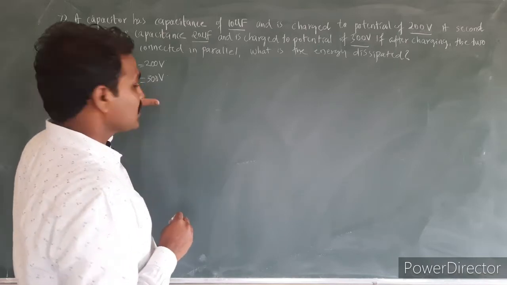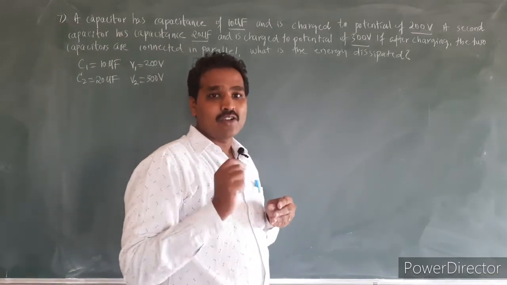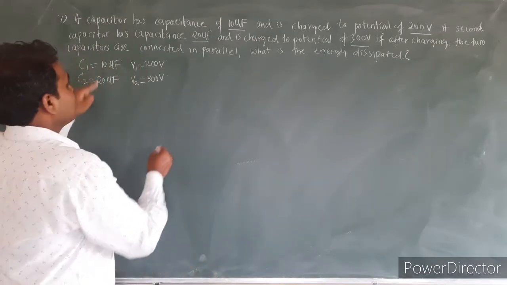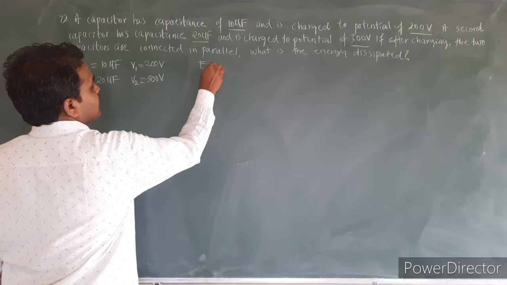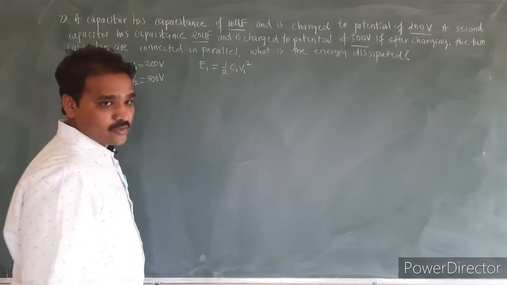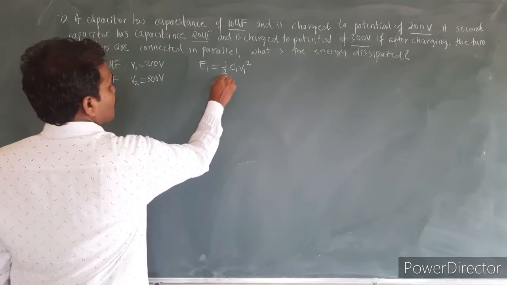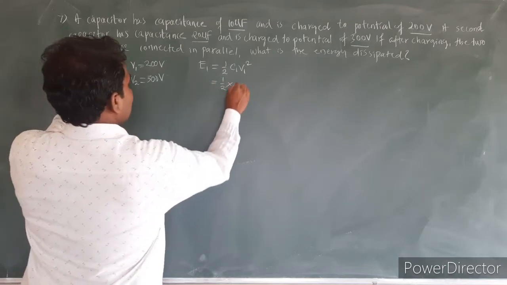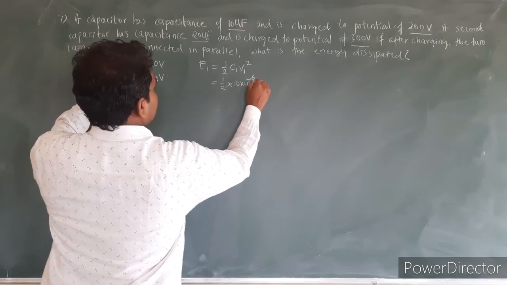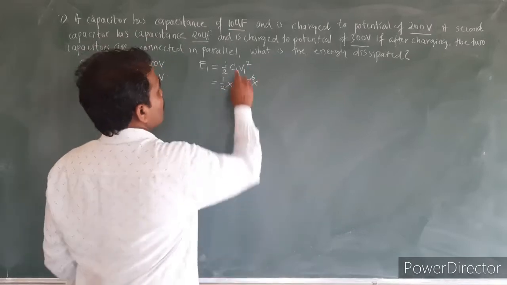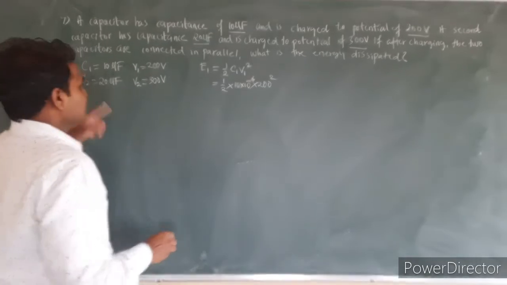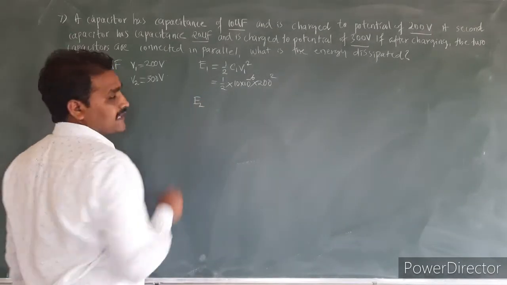Before the parallel combination, there is some energy stored in the first capacitor. That energy, which I write as E1, is equal to 1/2 C1 V1 squared. That is 1/2 into 10 into 10 to the power of minus 6 into 200 squared. Similarly, the energy stored in the second capacitor, let me write it as E2,